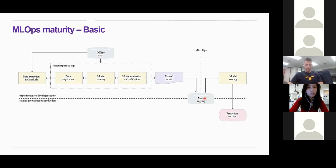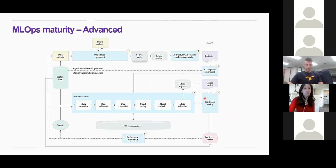Now, let's go to the a bit more advanced one. If we look into the advanced one slightly carefully, the first thing that we see that came about here is something called a feature store. Now, feature store is really interesting. Earlier, in the earlier picture, you saw you had an offline data extract, which the data scientist always works on,